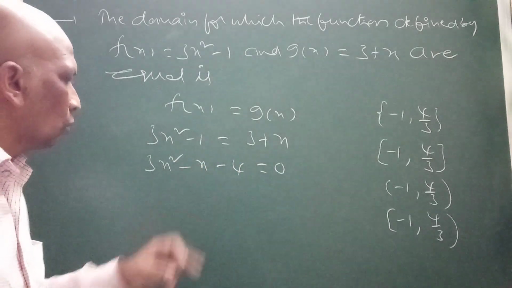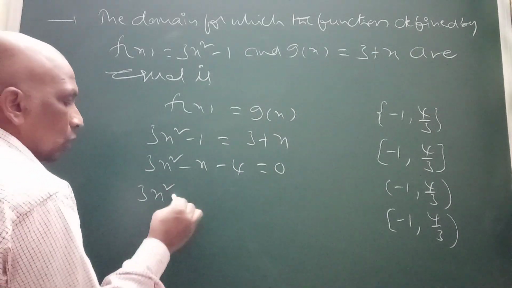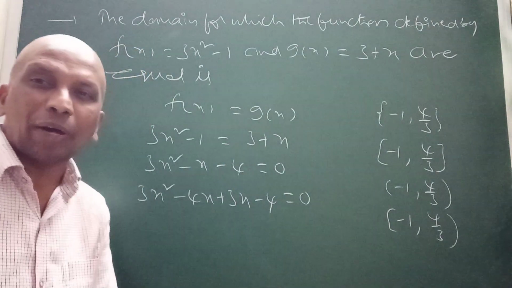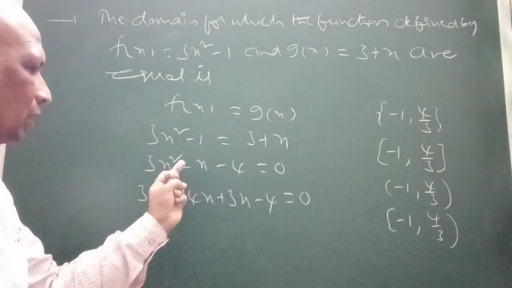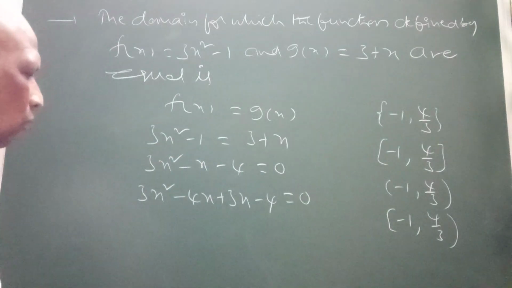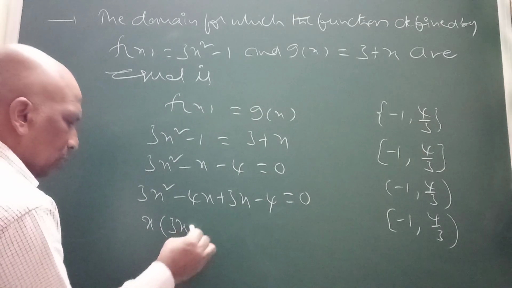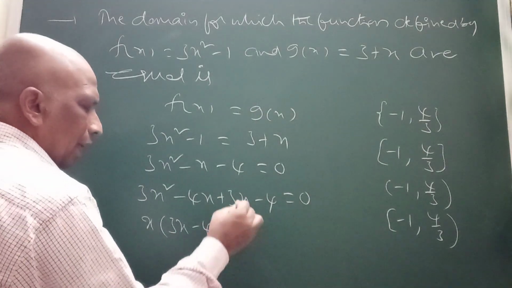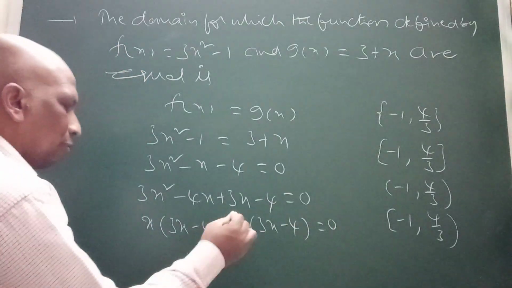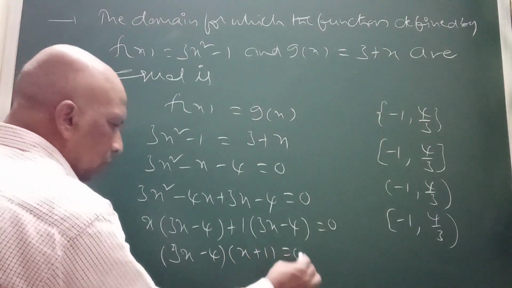You get the product 3 into 4, right? We can see the factors of this. I can write 3x square, minus 4x plus 3x minus 4 equal to 0, right? Just find the factors of this. You can verify here: you will get minus 4 into 3, minus 12. If I take common here, I can take x common, so x into 3x minus 4, and I can take 1 common here, 3x minus 4, right, equal to 0. Common again, 3x minus 4 into x plus 1 equal to 0, right.